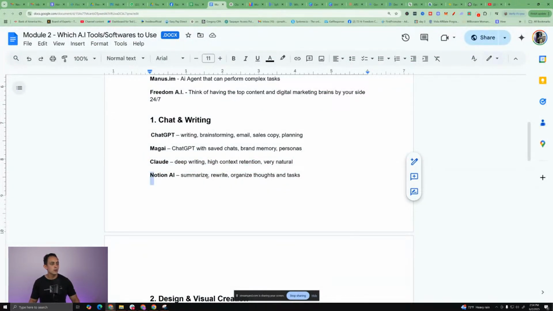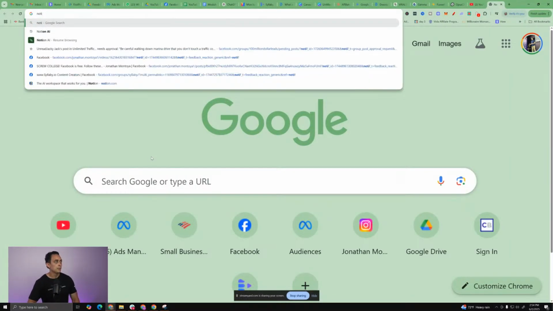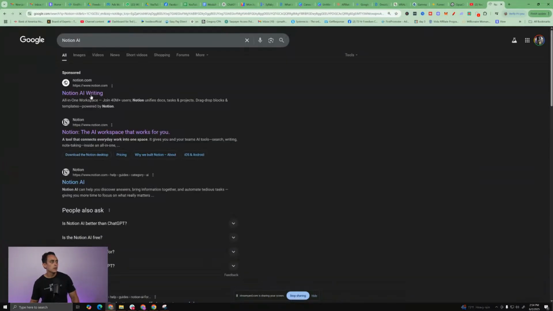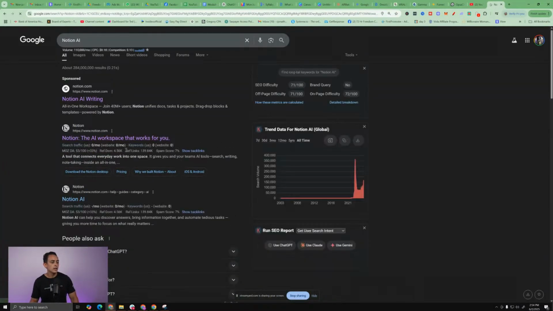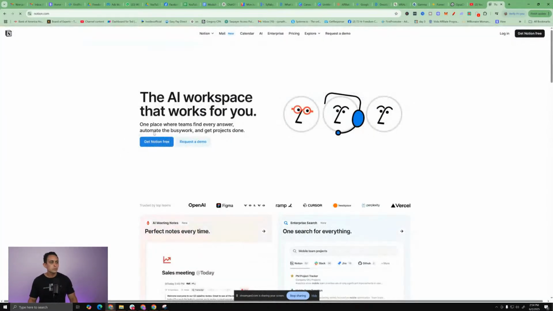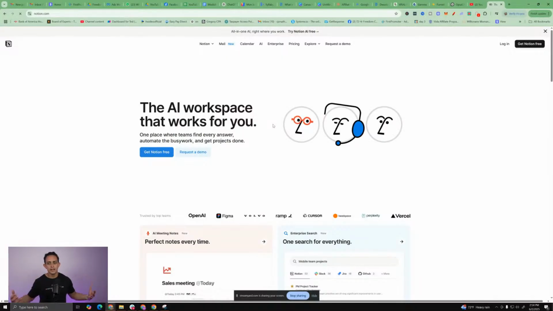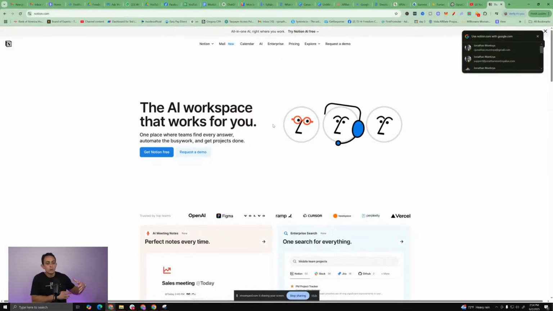Next one is Notion AI. This is definitely for if you have a business. What it helps you do is summarize, rewrite, and it organizes your tasks for you. I'll pull it up real quick. I'm not going to go through it super in depth, but basically, Notion right here is great if you're running a team of people, and it'll really help you organize your tasks.